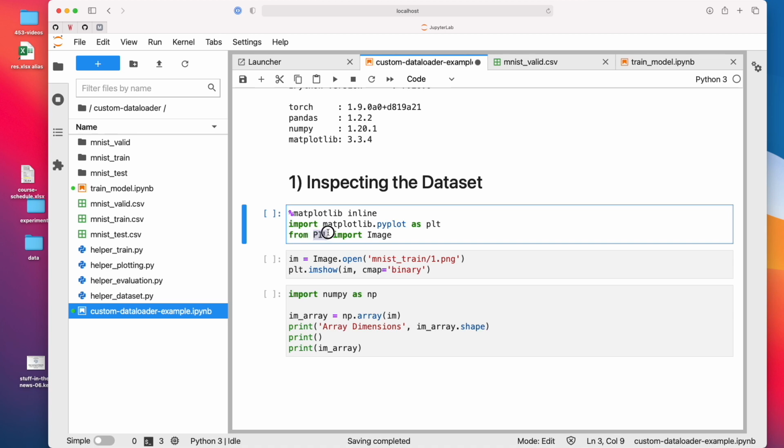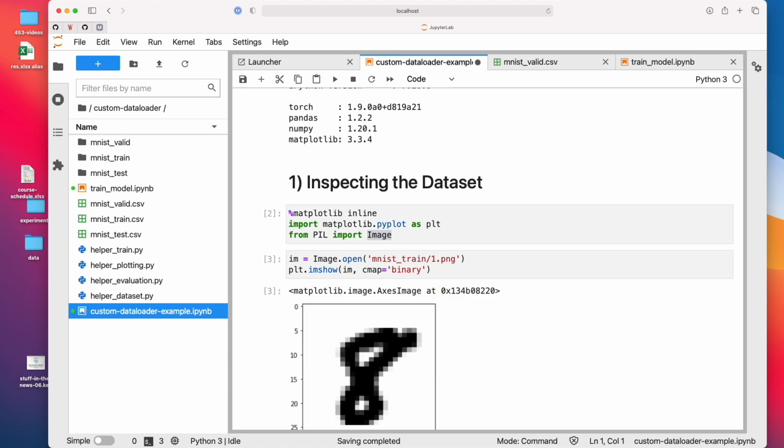Here I'm using PIL, the Python imaging library. If you have to install it, I think you have to do conda install pillow. Why Pillow and not PIL? That is because the Python imaging library, I think, got abandoned at some point, and then some people forked it on GitHub to further maintain it, and this fork is called Pillow. But even if you install it as Pillow, the import is identical. You use this one to import it. And here in particular we are only importing the Image class.